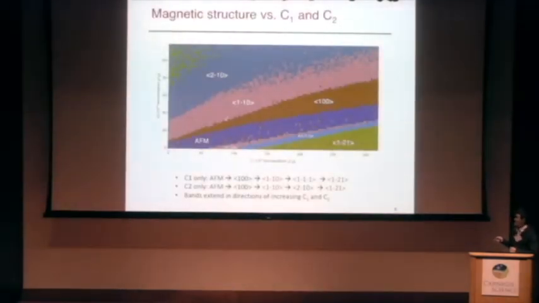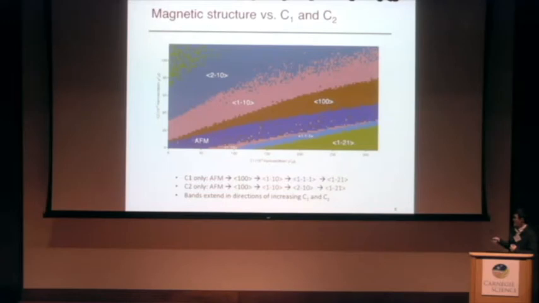And this is our calculated phase diagram. The x-axis is for C1, and the y-axis is for C2. Each different color represents a different magnetic structure. As you can see, if we keep C2 at 0 and we increase C1, we'll encounter these different phases, starting